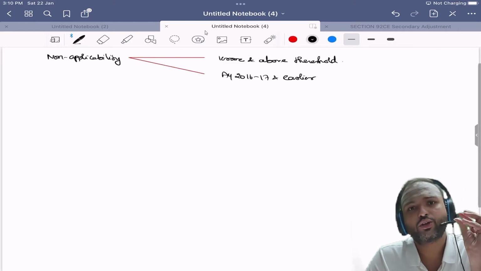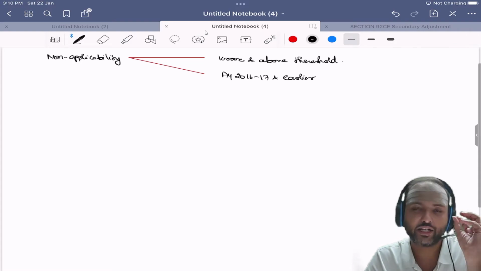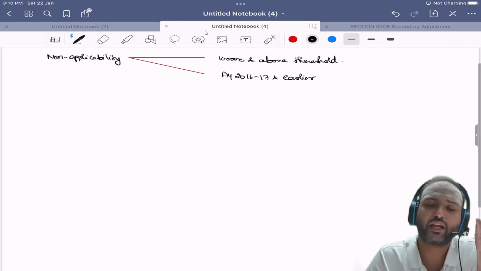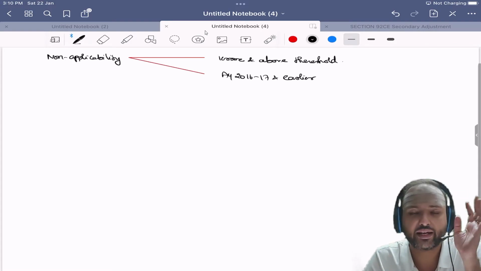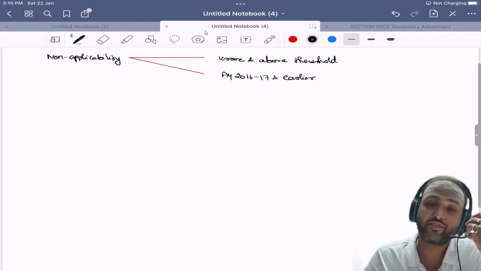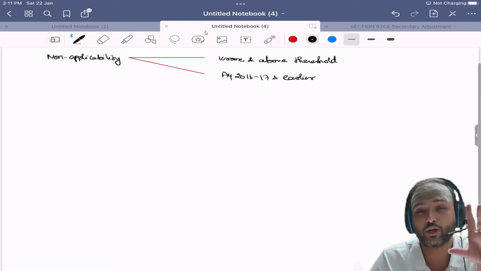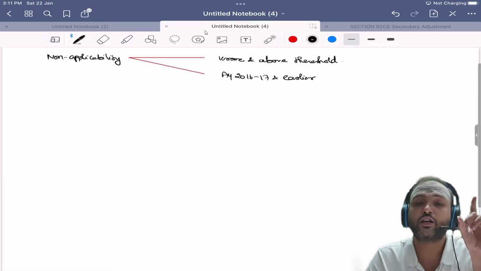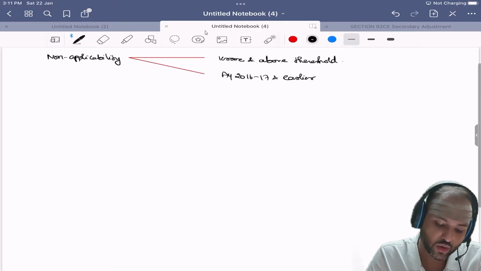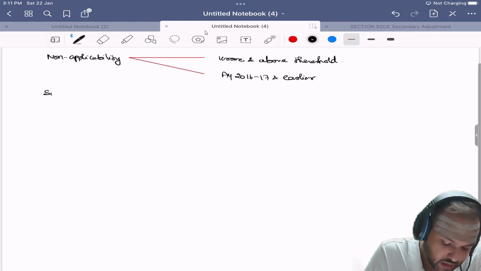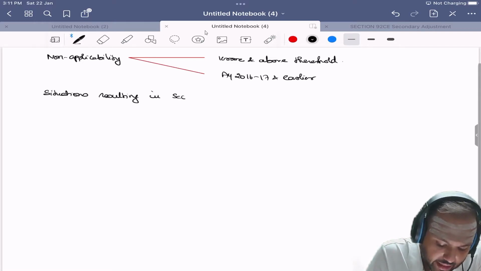Having known this, we should know what should trigger this secondary adjustment. We have simply stated that primary adjustment will translate into secondary adjustments. But does every primary adjustment work out, or is the section giving us some specific scenarios? Section is being clear in terms of defining the scenarios. So, situations resulting in secondary adjustments.